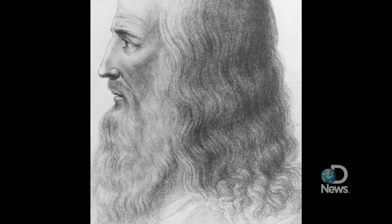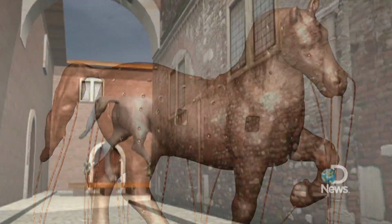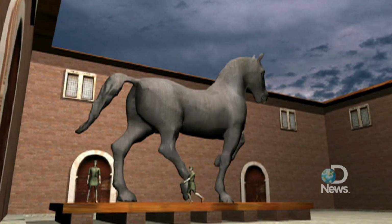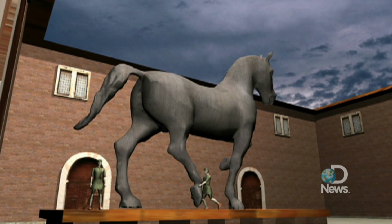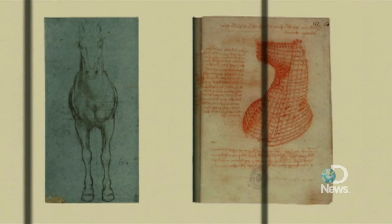Leonardo da Vinci spent 20 years working on this huge bronze horse statue, a project commissioned in 1482 by the Duke of Milan. But da Vinci never finished his project. Engineers always thought the horse project failed because of casting problems, but now new research shows everything was perfect on